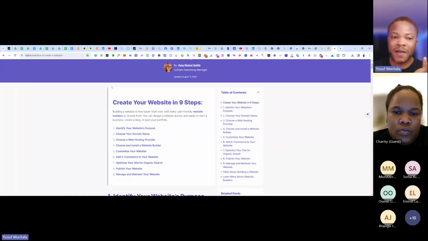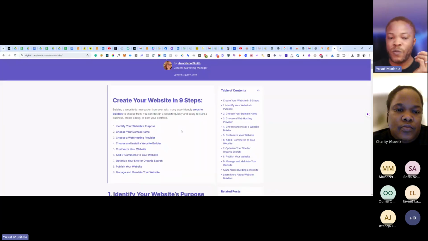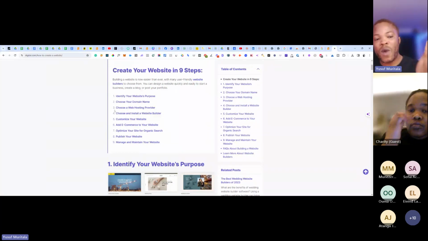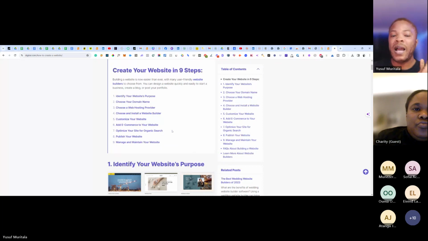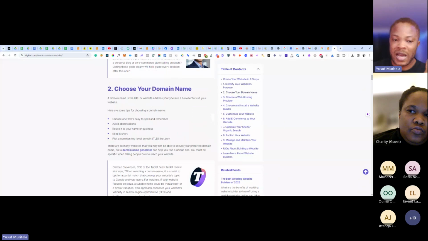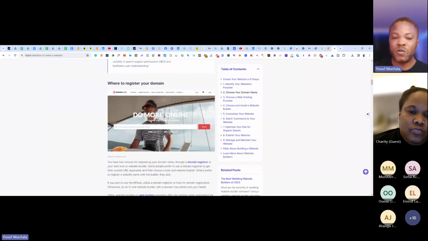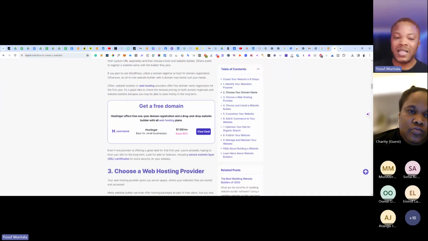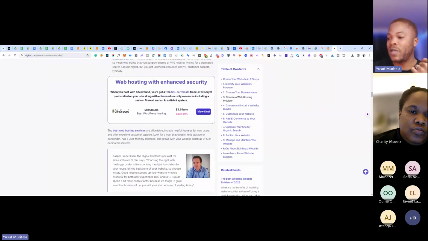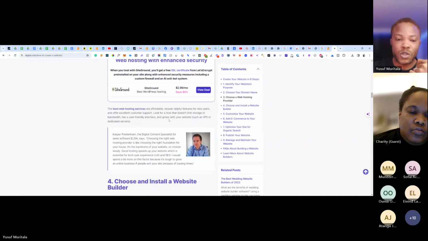They have the table of contents: identifying website purpose, choose the domain name, choose the web hosting. This is 1 to 9 steps. And they demonstrated their expertise, and everything is well written. If you're reading this kind of content, you think, oh yes, this person knows what they are doing, right?